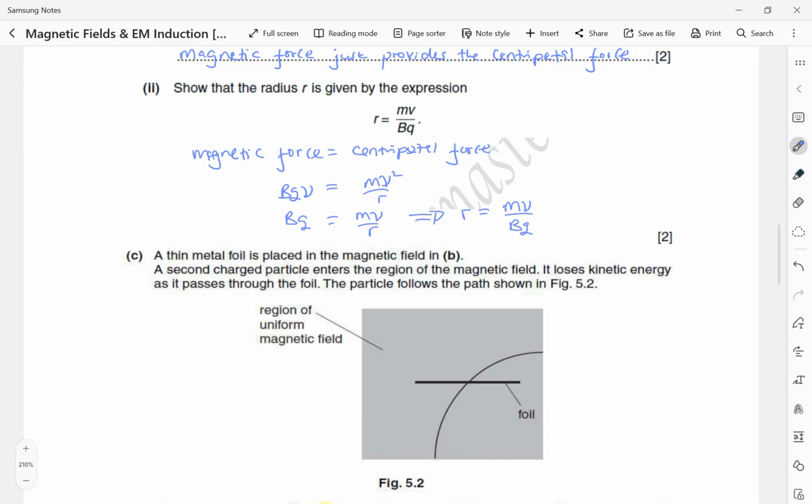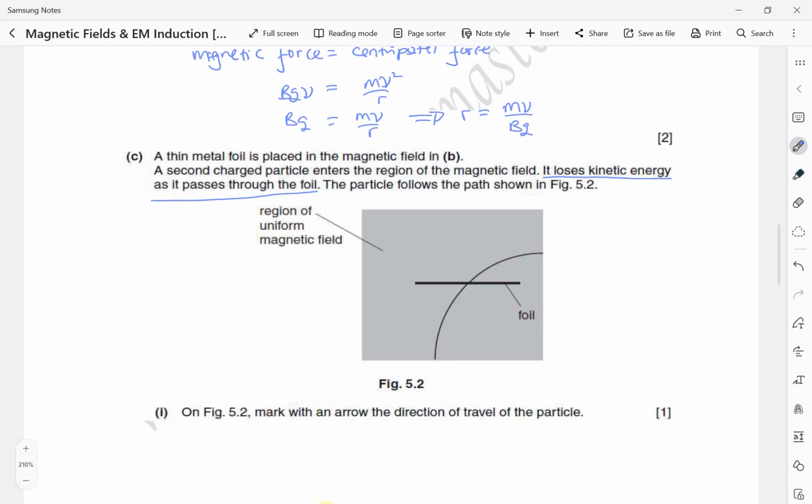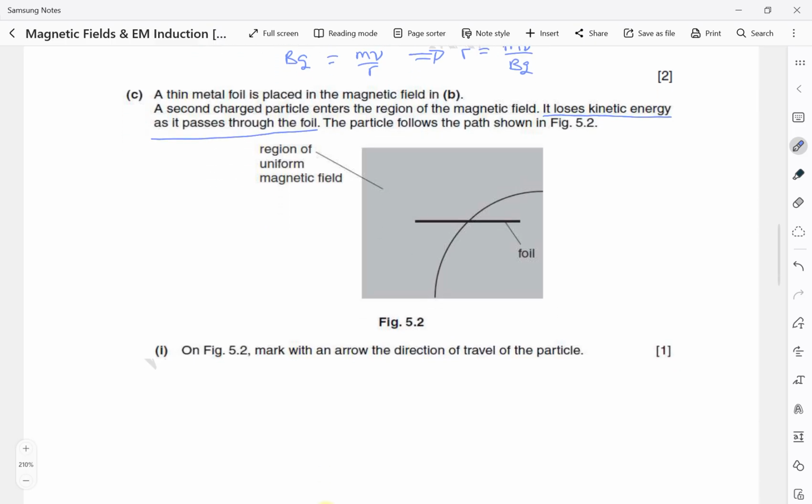A thin metal foil is placed in the magnetic field B. A second charged particle enters the region of the magnetic field. It loses kinetic energy as it passes through the foil. So it loses kinetic energy, therefore the speed decreases, and of course we expect the radius of the orbit to decrease. On the figure, mark with an arrow the direction of